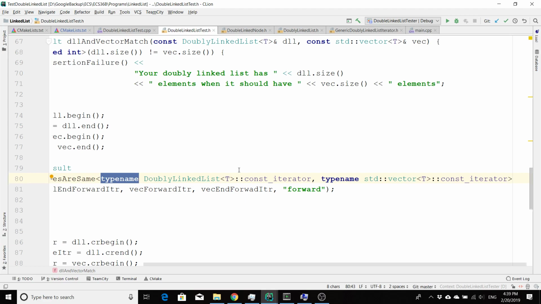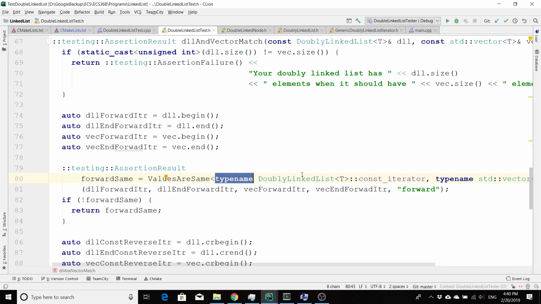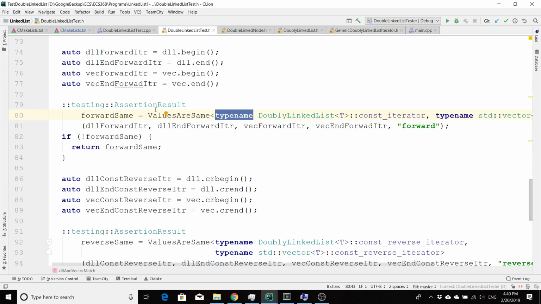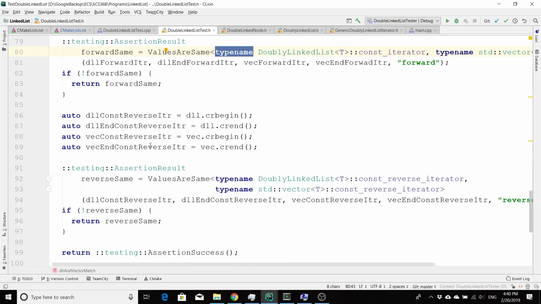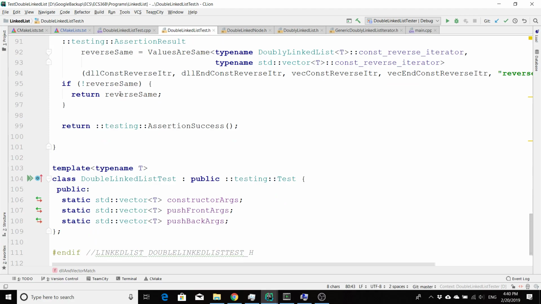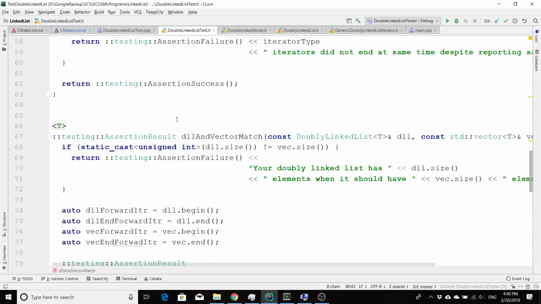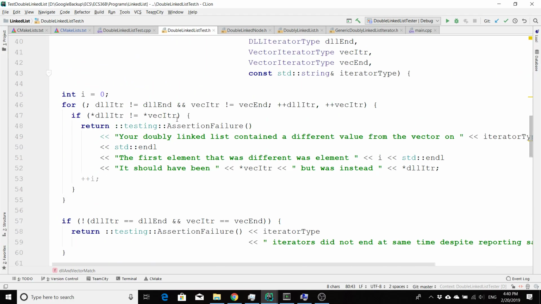It will tell you that it's trying to parse this thing as a type, but it's not a type. If you really meant it to be a type, put type name. Like, okay, type name. So I'm checking that your forward iterators are the same. If they're not the same, I complain with whatever the result is, and then I test the reverse iterators to see if they're the same. If they're not, I complain, and then I give you back an assertion success if you passed all the ways that you could fail. This other function over here, which takes in,